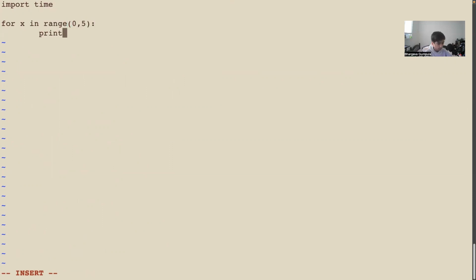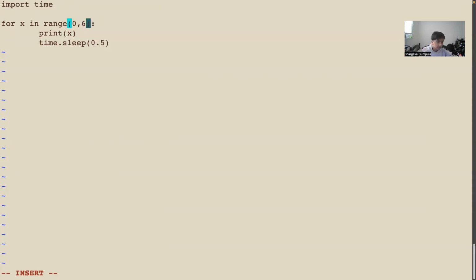Print x. Time.sleep 0.5. So what this does is just loop through x. It loops through 0, 1, 2, 3, 4, and it prints x and